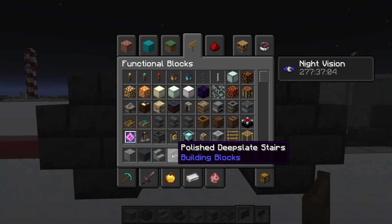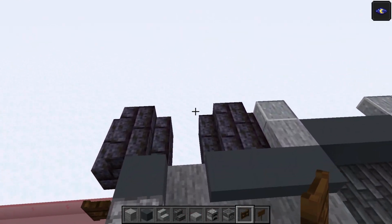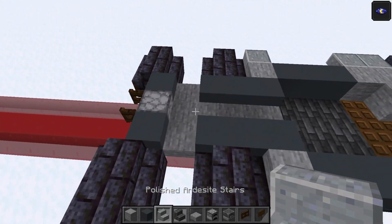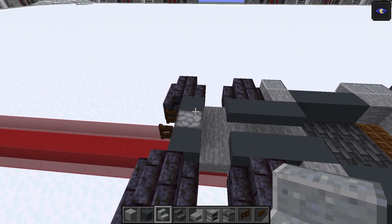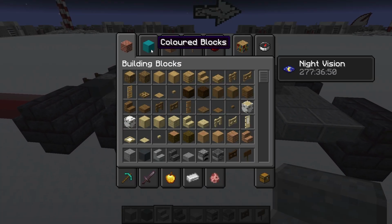But if you want to add, because this is open door by default, I assume there would be doors that would maybe slide across. So you can probably just block this up. But once we get a bit further in the build, I'll try and modify that to show you what you can do. Right, I'm going to take the...